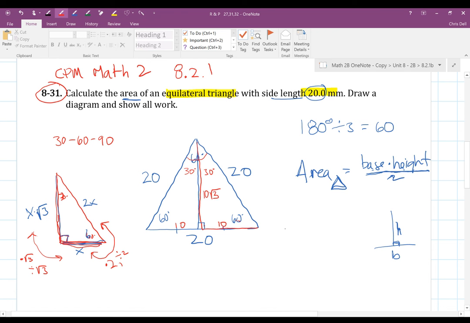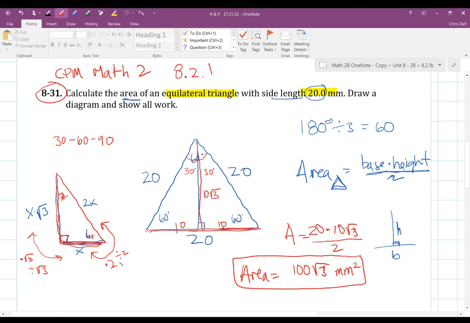So the area for this triangle would be the base, and I've got to do the whole triangle, right? So the whole base is 20 times the height, 10 square root of 3, and then all of that divided by 2. So that's going to be my area. Let's clean up. I would divide the 2 into the 20 and get 10. 10 times 10 makes 100. So I have 100 square root of 3. I can leave my answer in square root form and just say 100 square root of 3